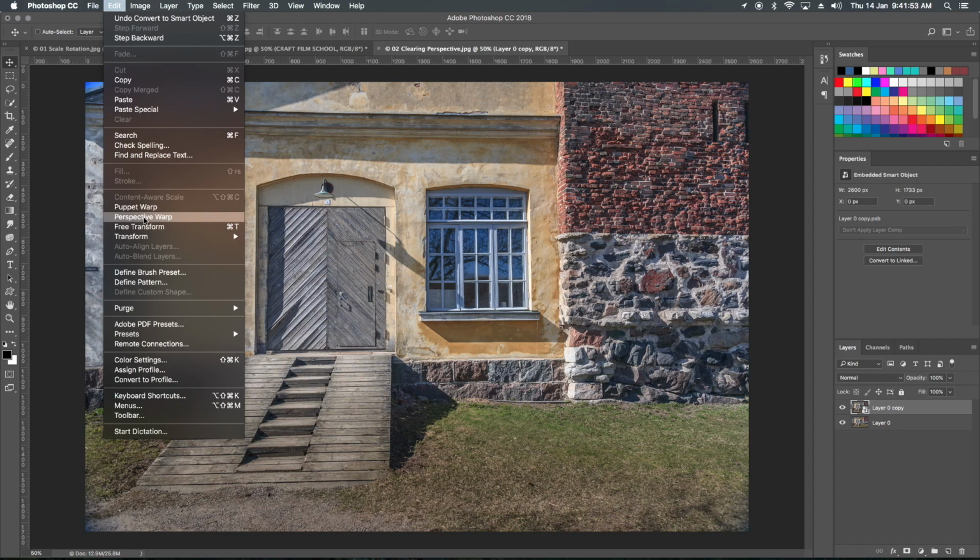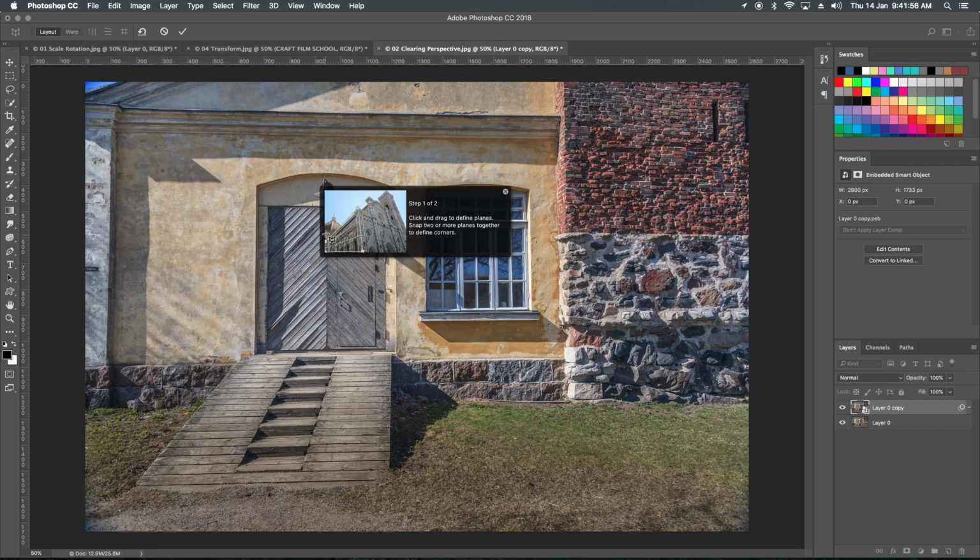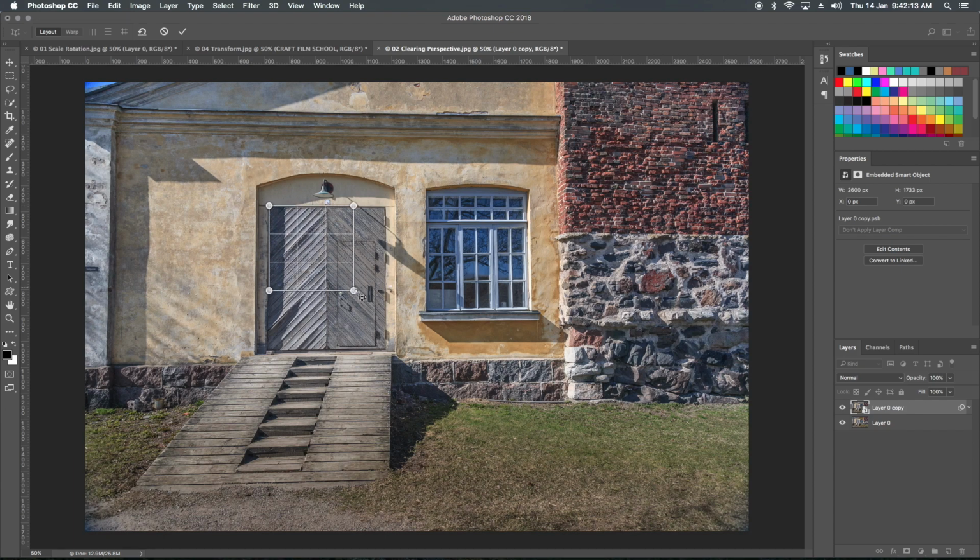Okay, the second point. So now it's guiding you what to do. Let's close this. Now this gives an option to select an area to let Photoshop know what the straight lines are. Okay, what I'll do, I'll select the area